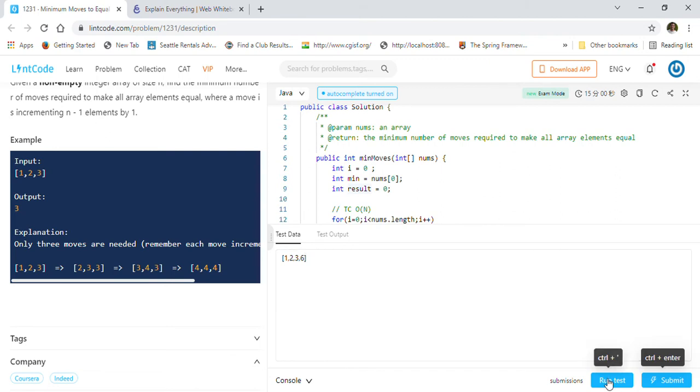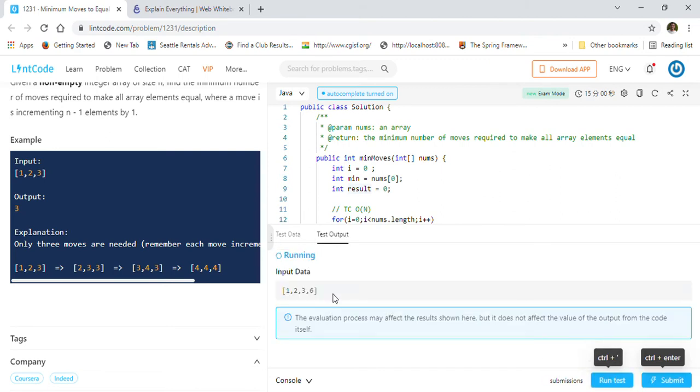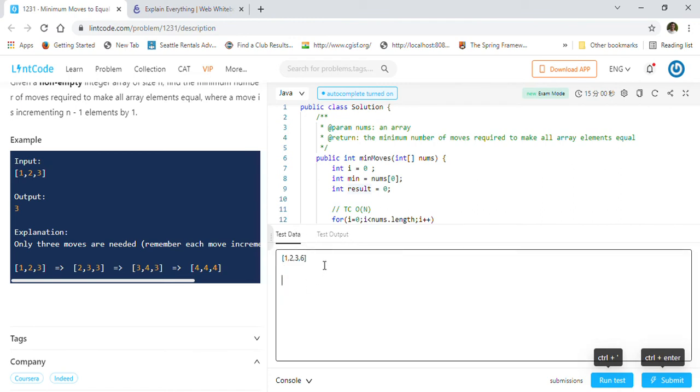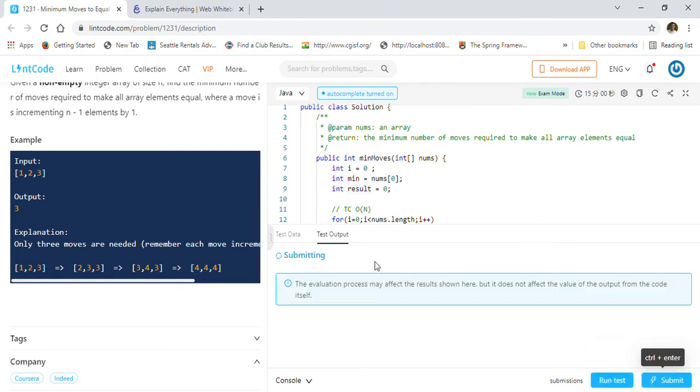So let's just give it a shot now. 8 is the answer, because minimum is 1, so it will be 0. 3 minus 1 is 2, and 6 minus 1 is 5, sorry, I made a mistake. 5 plus 2 plus 1 is 8, right? So it is 8 basically, so that is correct.